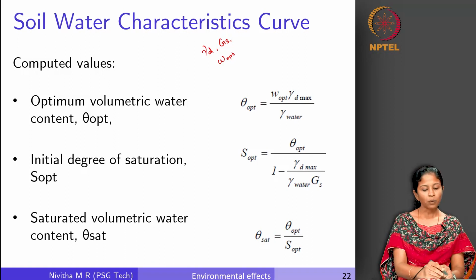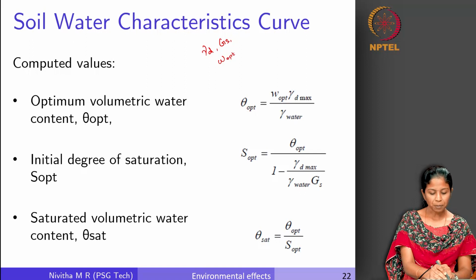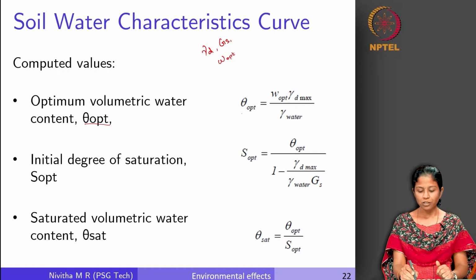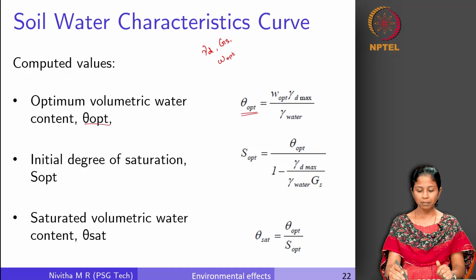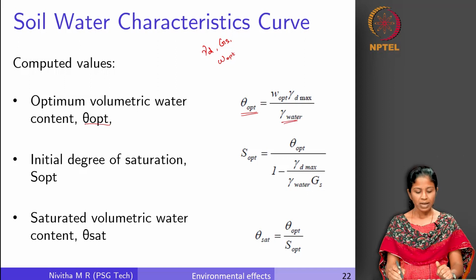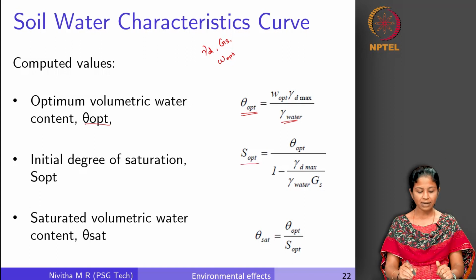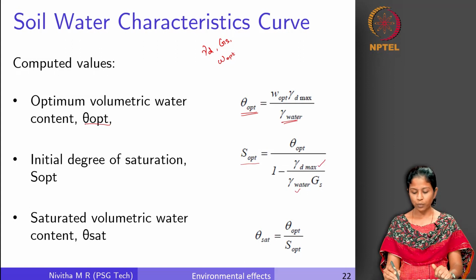curve. So what are the other 3? One is the optimum volumetric water content. So it is calculated like this: optimum water content into gamma d max by unit weight of water. Similarly, we can calculate the initial degree of saturation, which is S optimum. This depends on the optimum volumetric water content, maximum dry density, unit weight of water and specific gravity of solids,